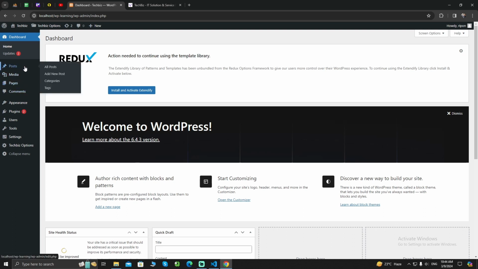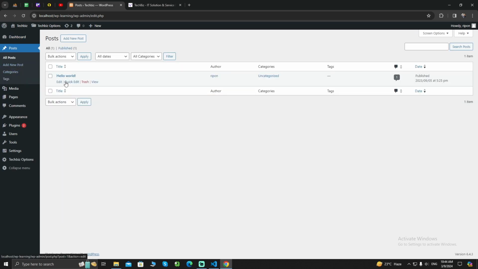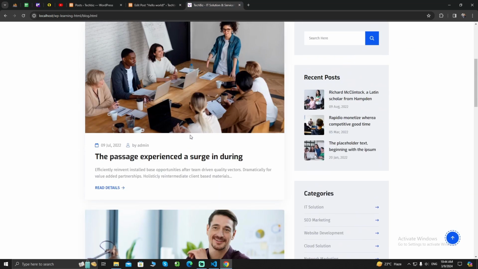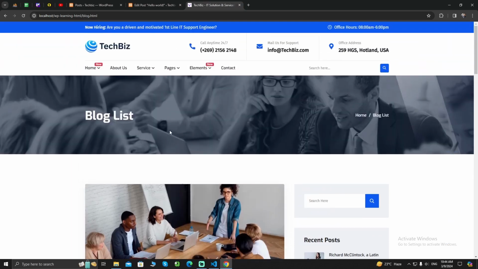Today we will learn about post formats in WordPress. If I go to Posts and edit this post, you will not see any kind of audio, video, or gallery post type to add to this post. But in the theme we are developing,